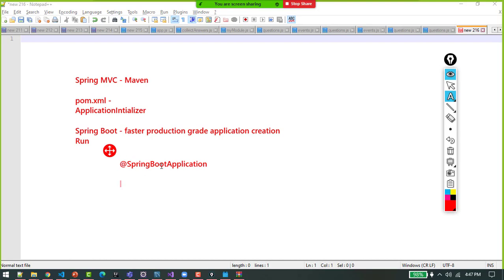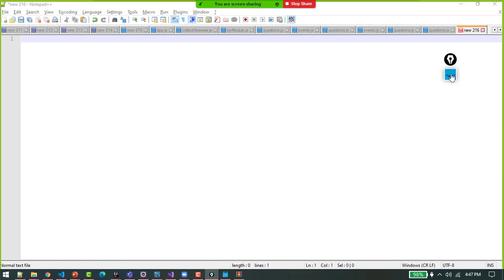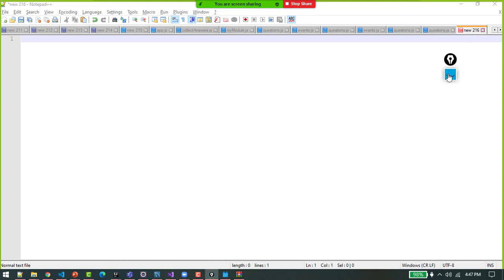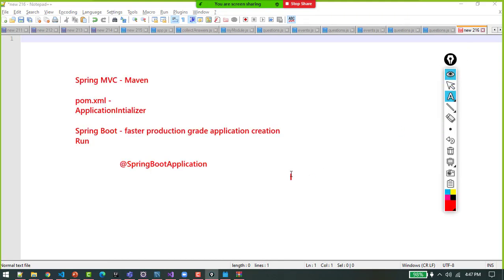The class which will have Spring Boot application, this class will also implement same interface, and that method will already be there, so I don't have to worry about this. Dispatcher servlet is also being managed by this. Config file will be automatically found by Spring Boot. Right, so the overhead of starting a project, creation of a project, deployment of war is taken by Spring Boot itself. Right, that is a major thing for web programmers.